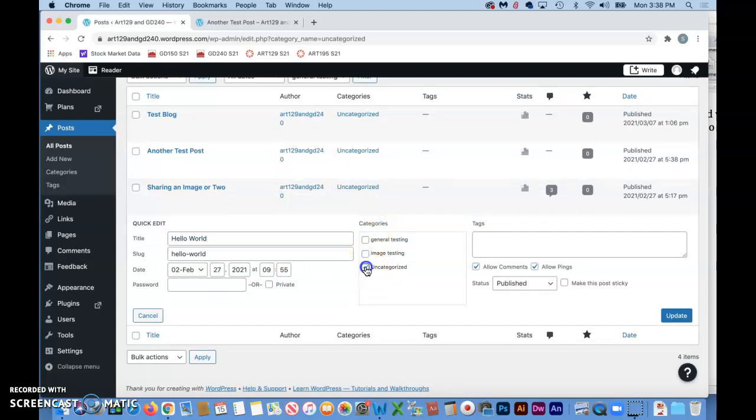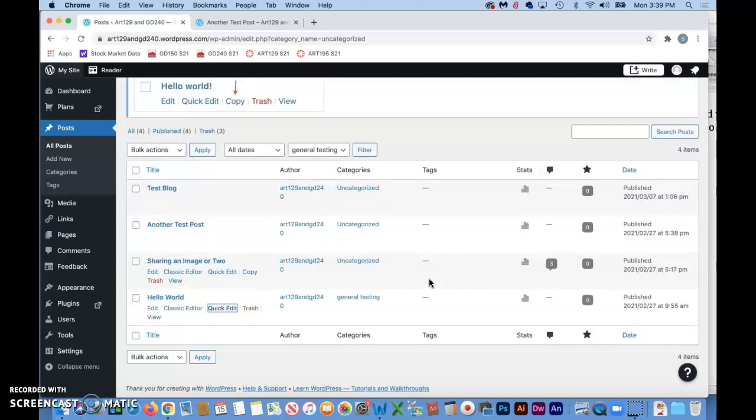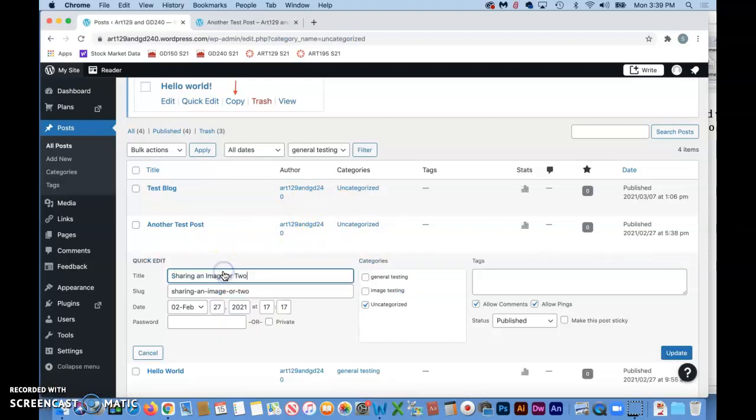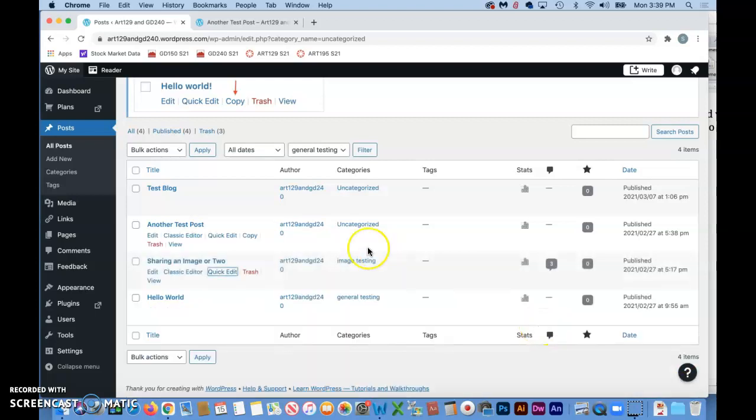So definitely uncheck uncategorized, and then give the one that applies, click update, go through and do the same to every page. So this one had to do with images, so I'm going to go to quick edit here, uncheck uncategorized, go to image testing, update,